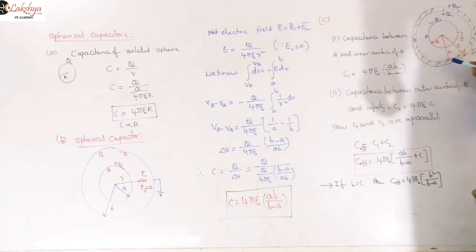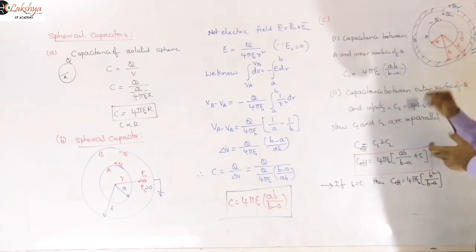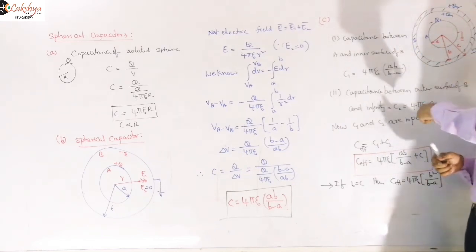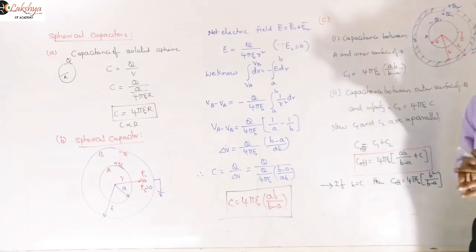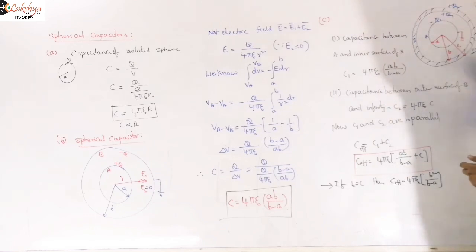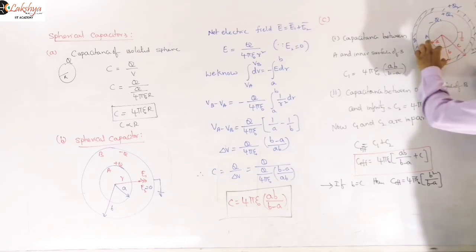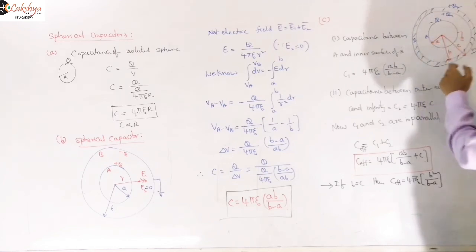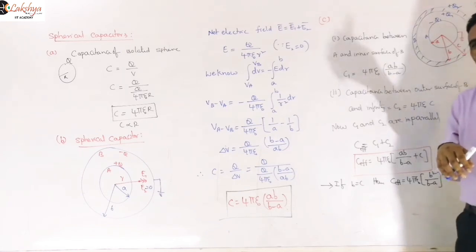A is 0. And now the outer surface of B is also at the same 10 volts, because a metal surface is an equipotential. If the potential of B is 10 volts, whether you consider the inner surface or the outer surface, its potential will be 10 volts only. So now the potential difference between the outer surface and infinity is again 10 volts, because the potential of infinity is also 0. So whatever potential difference exists between the inner surface of B and A, the same potential difference will exist between the outer surface and infinity also.